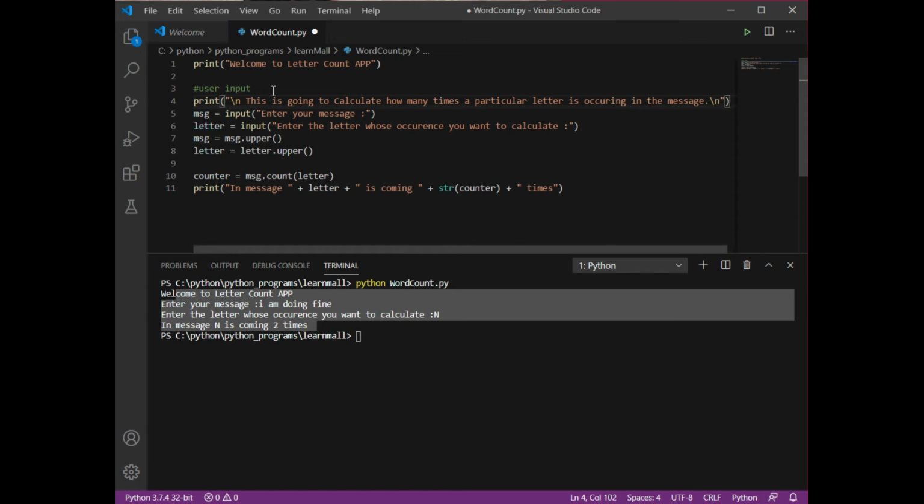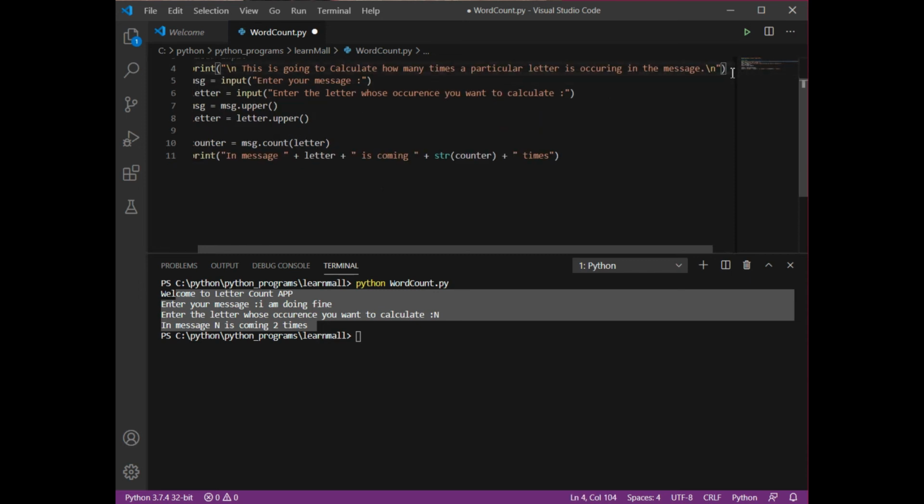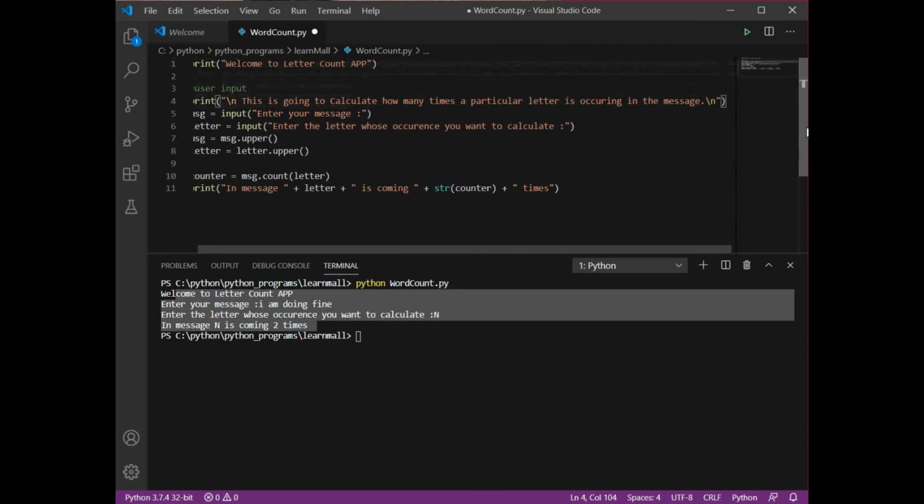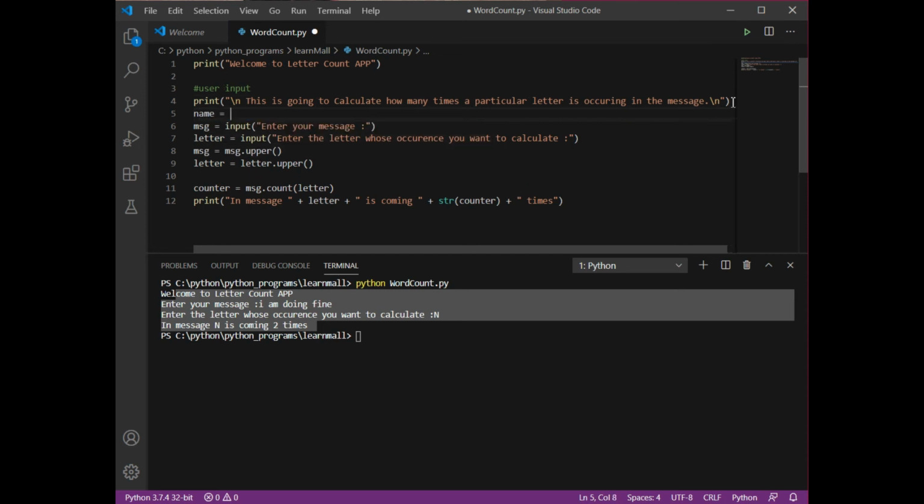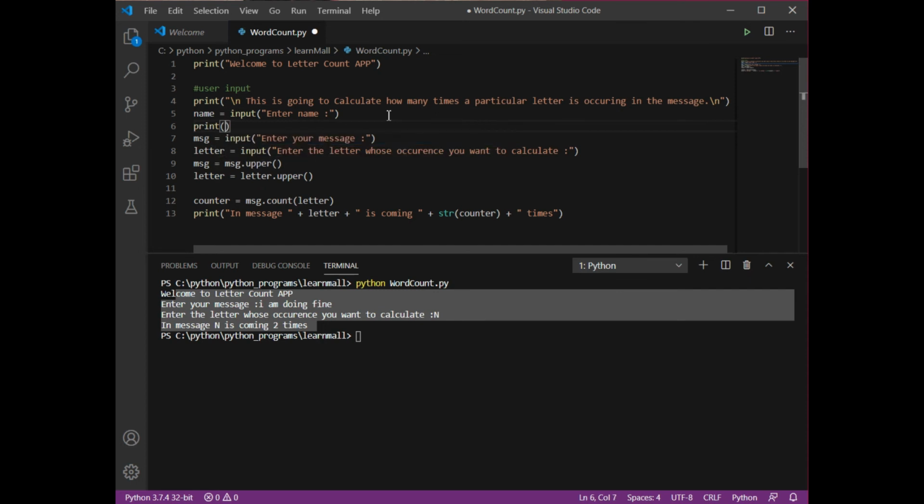Okay, you can do one more thing. Let's ask the name of the user, so that we can print the message in such a way. What we can do is enter name is equals to, and with the help of input we can ask the name from the user, that is enter name. And here we can print a greeting message. Print, let's say I want to print hi, and then the name of the user, and then I just wanted to print this sign.